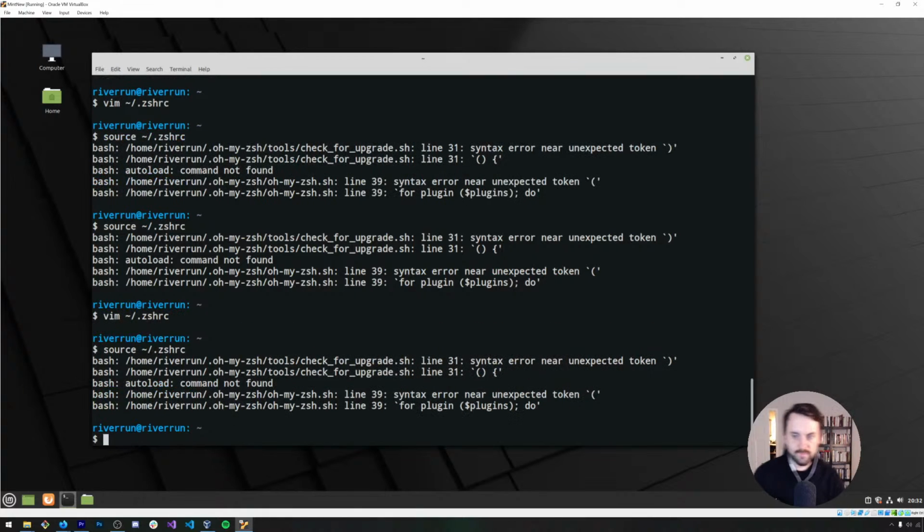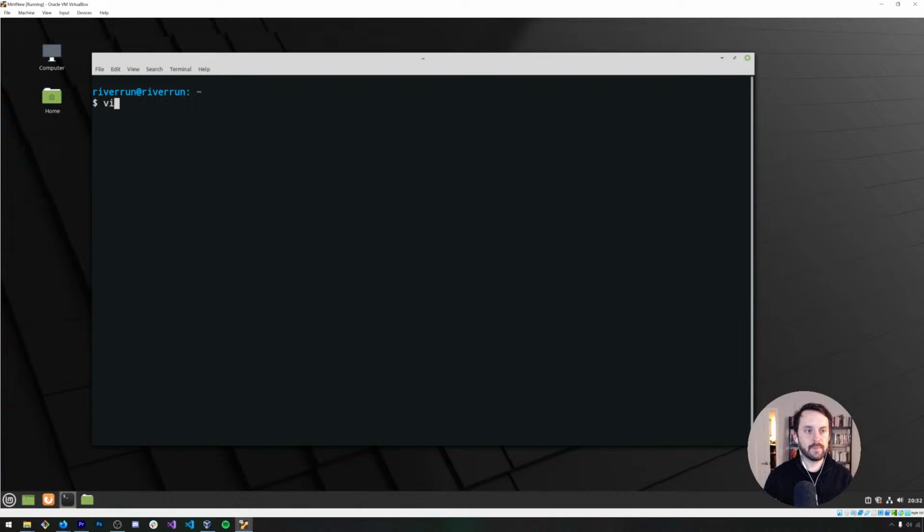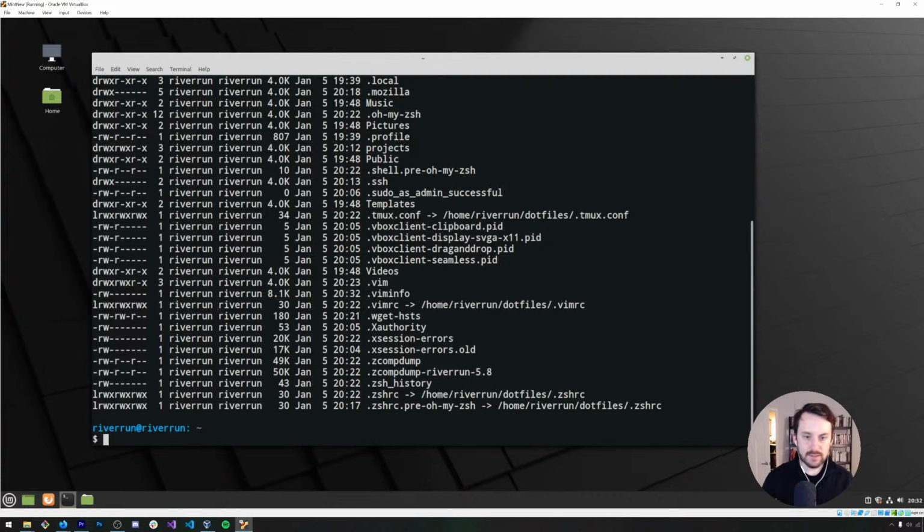Autoload command not found. Tools check for upgrade. Oh, this is actually an error in that. cd home river run. Oh My Zsh tools check for upgrade. That's interesting. Anyway, it looks like we're back in action.